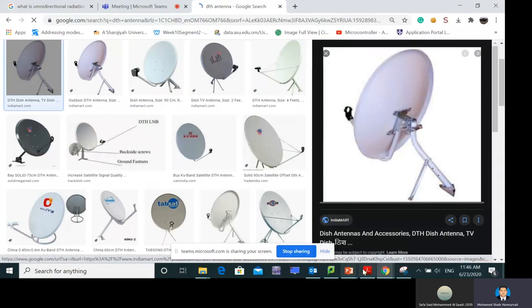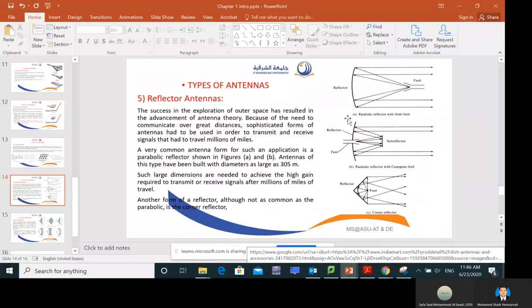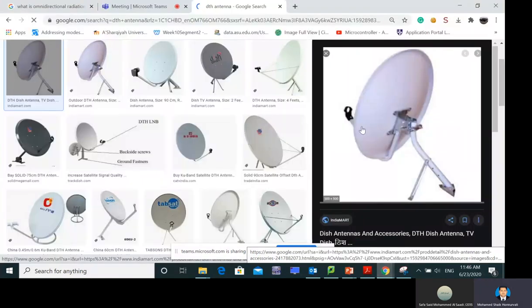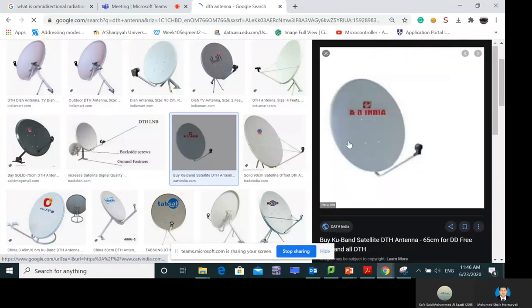So what does this reflector antenna have? It will have one plate like this. You can see this is the plate, and here you have the feeder. Whatever electromagnetic waves come and touch this plate will be reflected back to the feeder. From the feeder, you will have one wire coming to your home TV for the TV signal. This has become popular for high quality HD television.